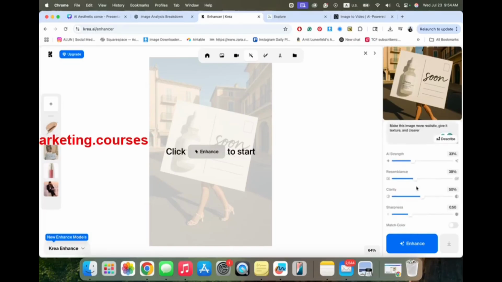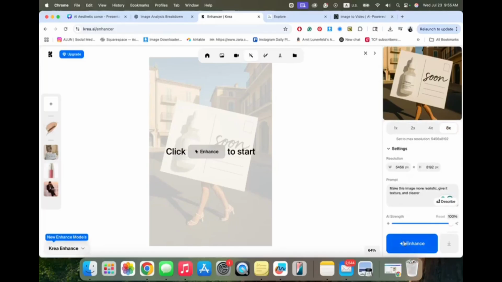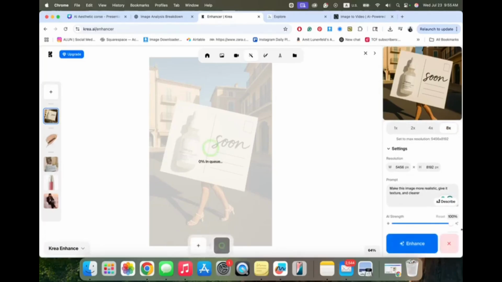Okay, great. So you can see you have here multiple things to play with, sharper, but let's keep it in the middle so it will stay realistic. Here you can do the quality, and let's see what we get.